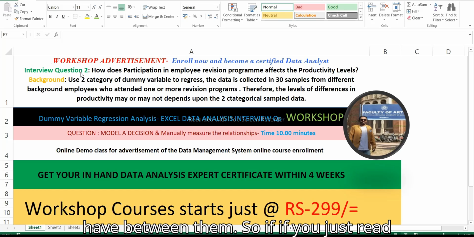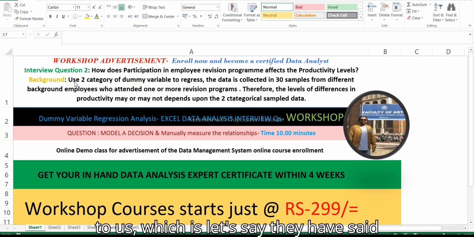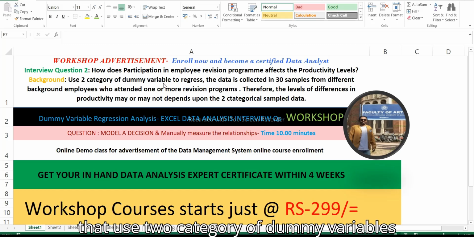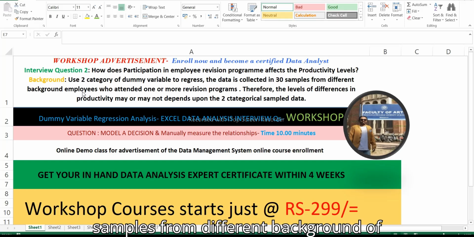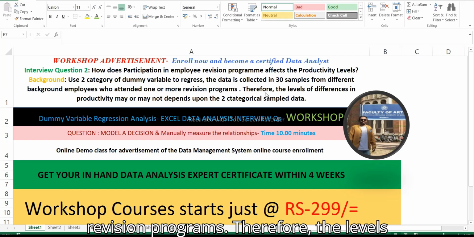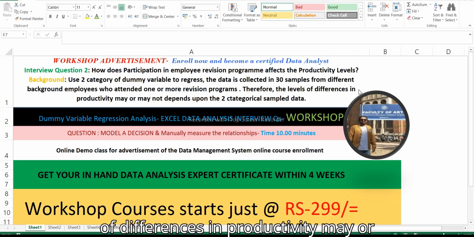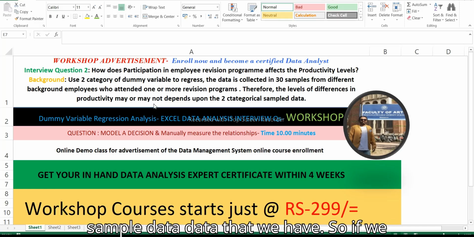If you just read the question first, it is saying: how does participation in an employee revision program affect the productivity level, right? The background is also given to us. They have said to use two categories of dummy variables to regress. The data is collected in 30 samples from different backgrounds of employees who attended one or more revision programs. Therefore, the levels of differences in productivity may or may not depend upon the two categorical sample data